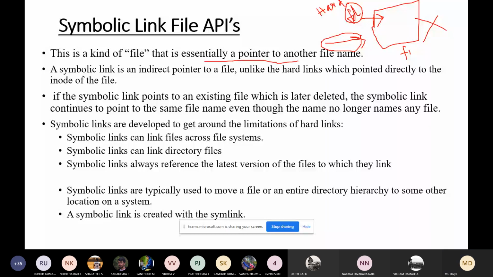Now what happens is this hard link, which we have created, will be referring to the old file.